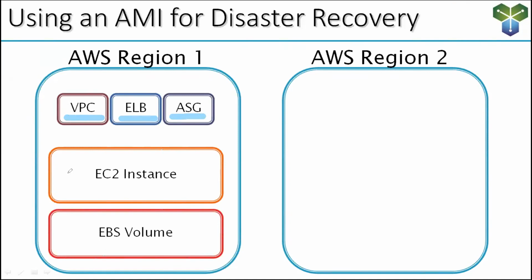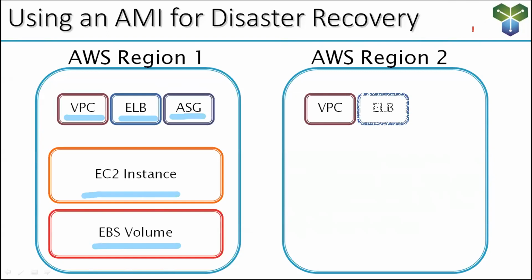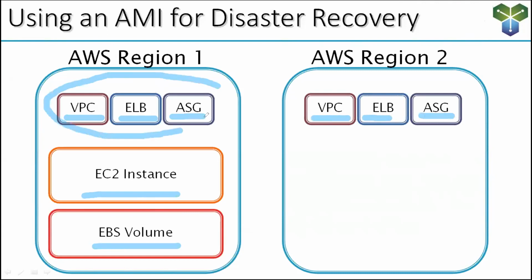And here we've got some EC2 instances running, and those EC2 instances are using EBS volumes to provide virtual disks to those EC2 instances. So if I want to restore to AWS Region 2 in the event of a disaster, I've got to first establish this whole infrastructure again. I've got to have VPCs created there. I've got to have elastic load balancers and auto scaling groups and all of those things that I went through the process of creating in Region 1. I have to